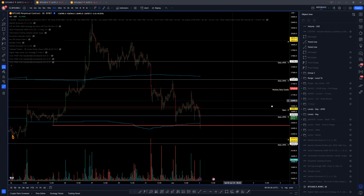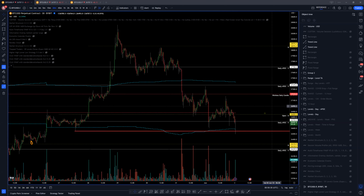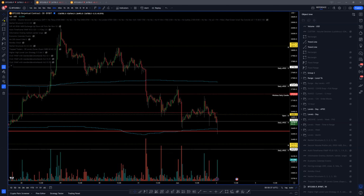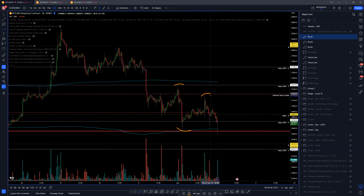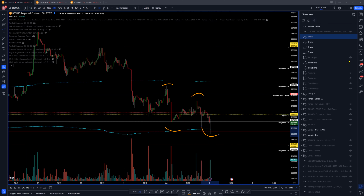The only reason why I would be totally okay with getting out of this trade if I did see things go sideways is because of what we had mentioned earlier, and that we have our lower highs and lower lows. So this is now officially a lower high. This is now officially a lower low, which means that we now have a slight adjustment of what we need to break to have a